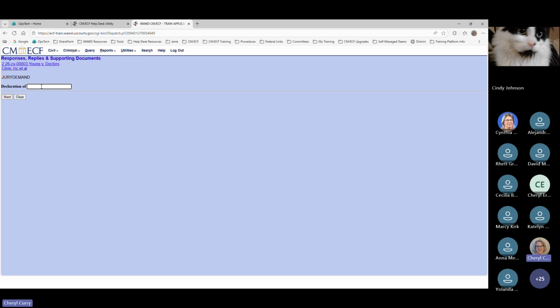It's going to ask who my declaration is of. I'm going to make this the declaration of John Smith. And then it's going to ask which motion this needs to be linked to. If you have multiple pending motions, it will have all of them listed here and you would select the appropriate one. In this case, there's only our motion to dismiss that's been filed on this case. That's a pending motion. So you can go ahead and make sure that box is checked